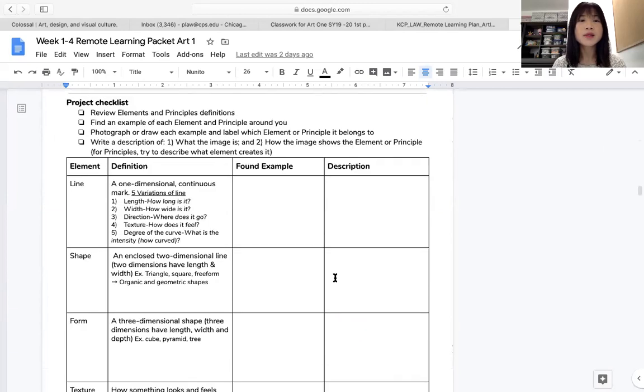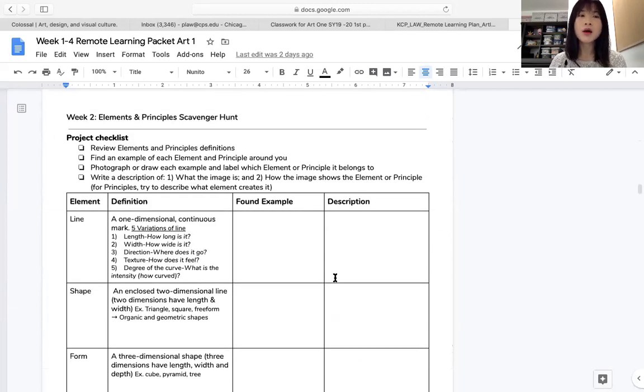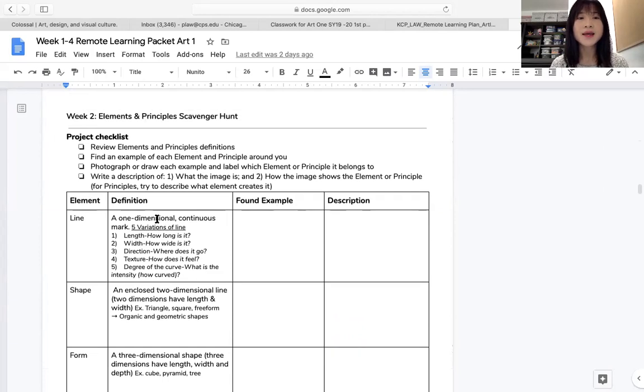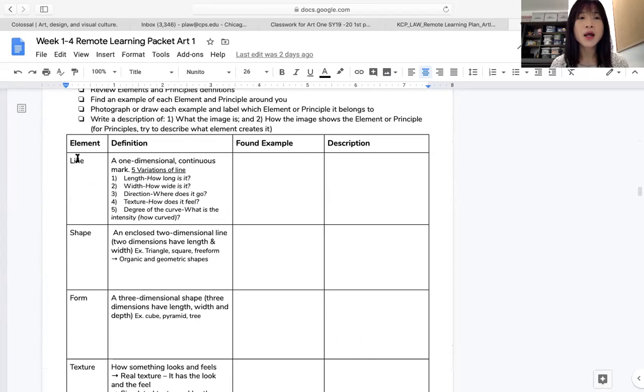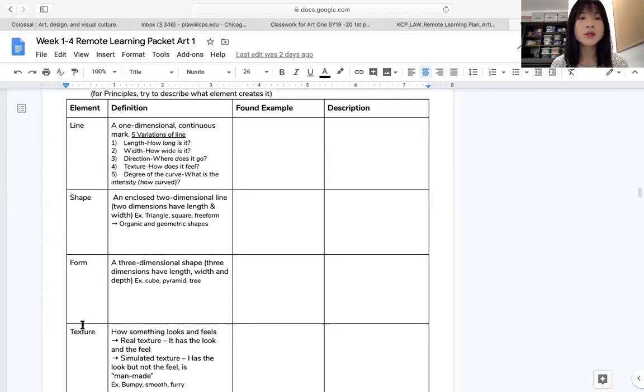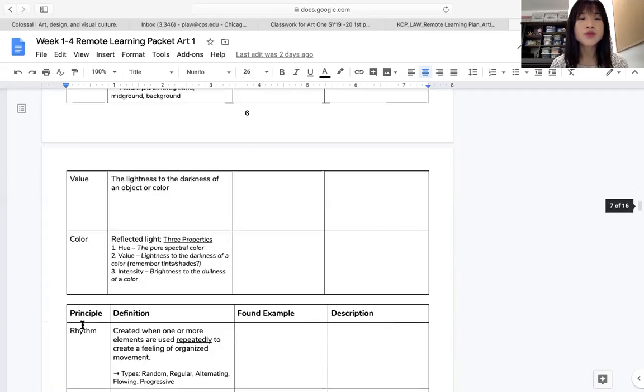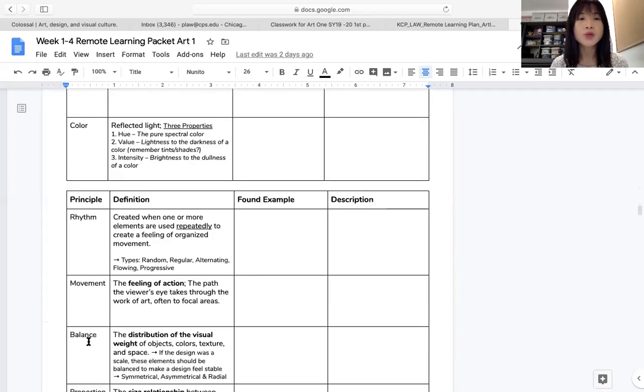So for the second assignment, let's talk about this one. First, please make sure you look at the checklist and you have everything. Review the elements and principle definitions on the second column. In the first column, we have the names of all the elements, and when you scroll down, you can see the principles as well.